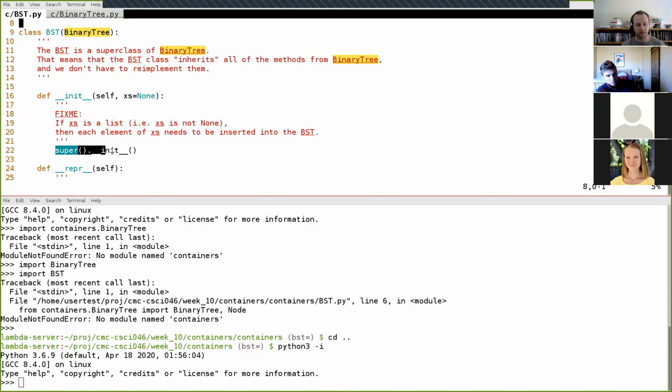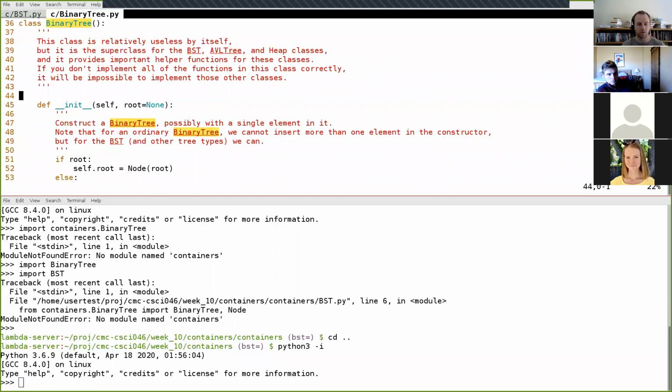The second difference is related to this code that I already have down here, and this is closely related to this up here. In this syntax up here on line 9, when I'm creating a class BST like this, what I'm saying, in Python language, is that BST is a subclass of binary tree, and binary tree is the superclass of BST. That means that BST will have access to all of the functions inside of the binary tree.